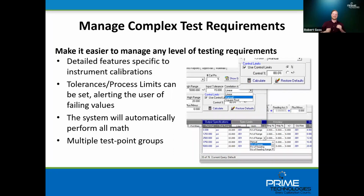So far we've discussed a lot of the valuable information, but what calibration management solution is going to be complete without calibration management functionality? By default, I think it's safe to assume that most of us understand that the system's going to track your basic needs like pass, fail, go, no go, the real basics. But I wanted to take this time to dive a little bit deeper into some of the more advanced functionality